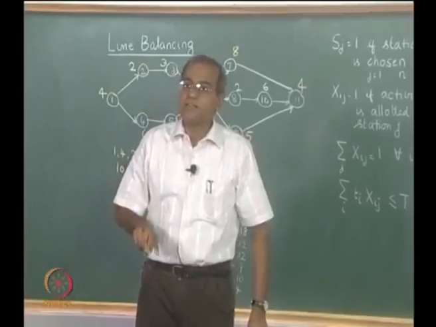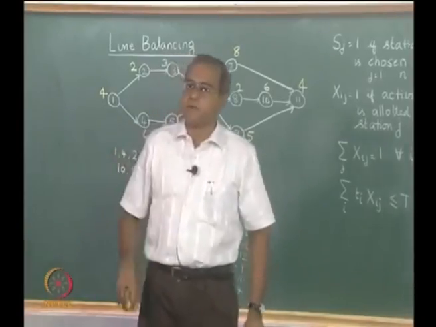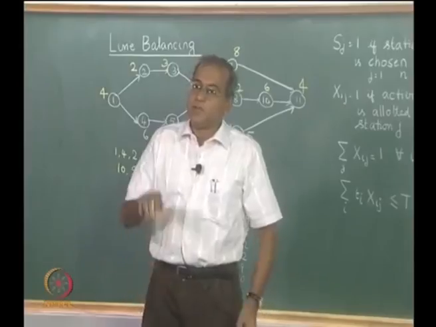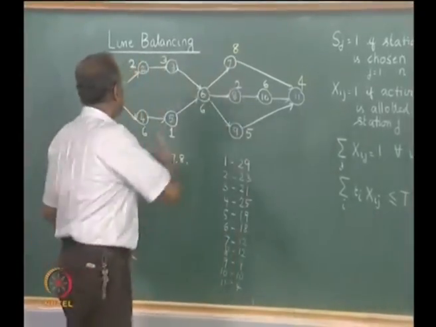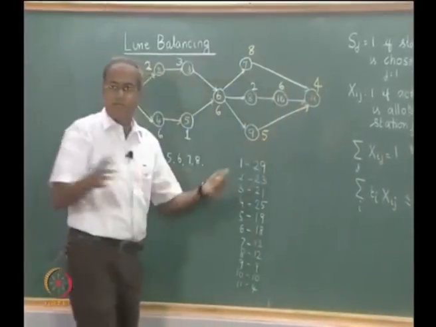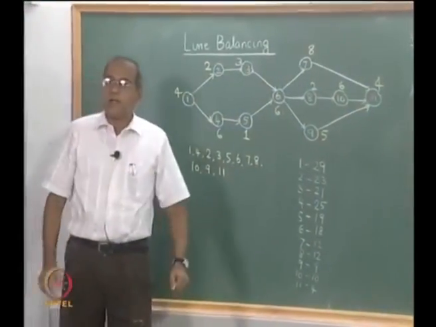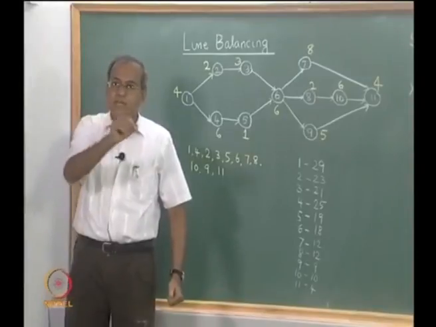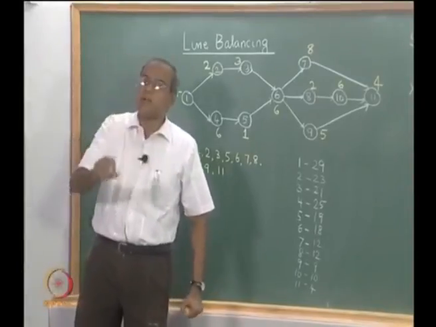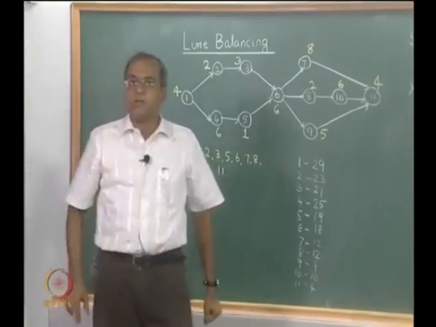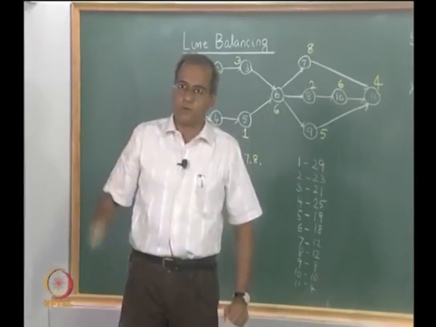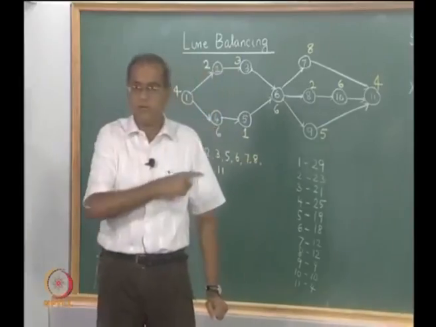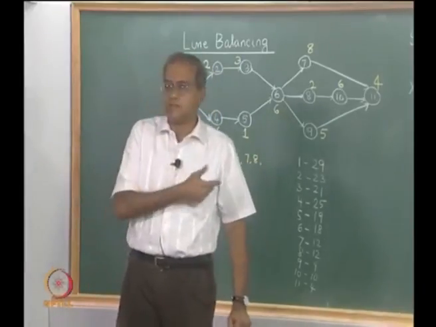Then we will have to try and see whether a solution with 3 is possible. Now, in order to approach that, we will look at it from a lower bound point of view, because the total time required to assemble is 47, and if we have 12 as the cycle time, then the minimum number of workstations, which is the lower bound, is 47 by 12, upper integer value, which would give us 4. So, there cannot be an optimum solution with 3 for this case.